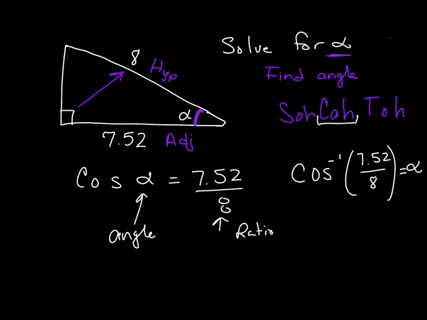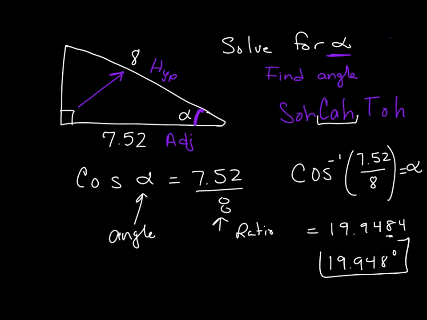So go ahead, find that in your calculator and put it in, and what you will find is that the inverse cosine is going to equal 19.9484. And again, we're still not rounding up. We want 3 decimal places. So that is 19.948